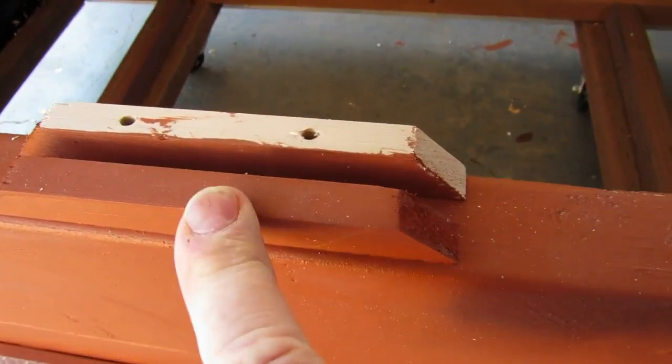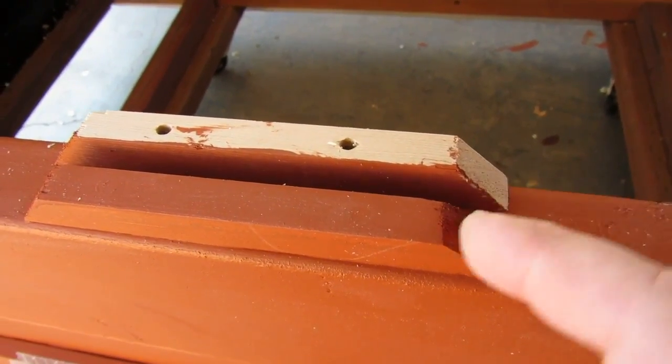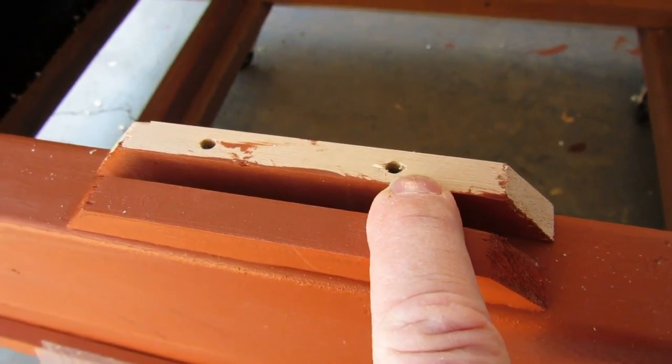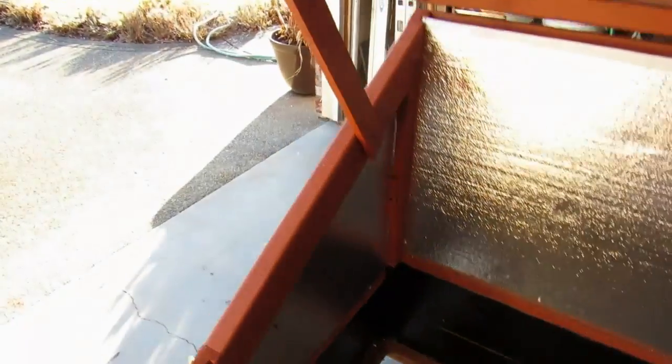Just a basic piece of 1/2 by 5/8, set to the thickness, and there are pre-drilled composite deck screws that go down here. I'll paint these in a little bit. Other than that, back here,